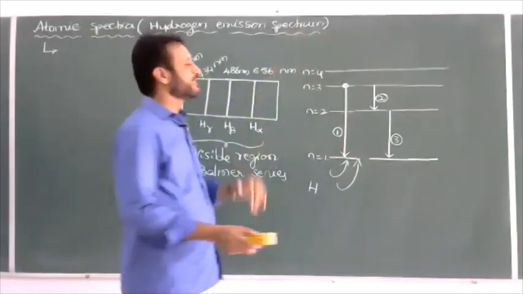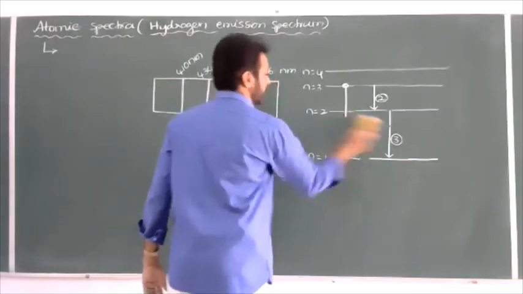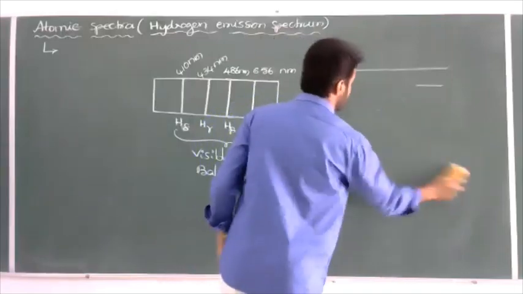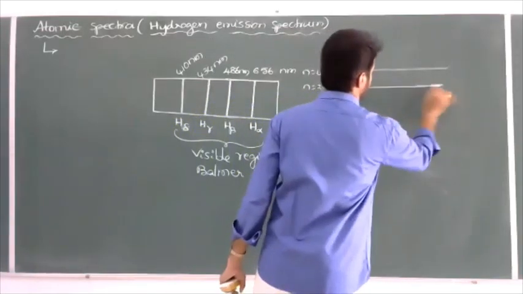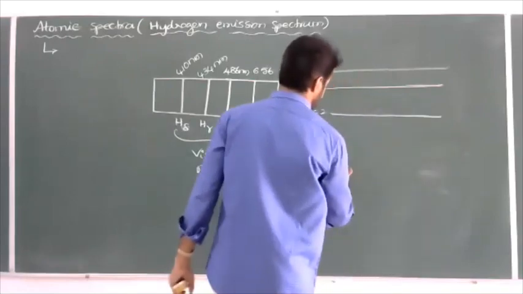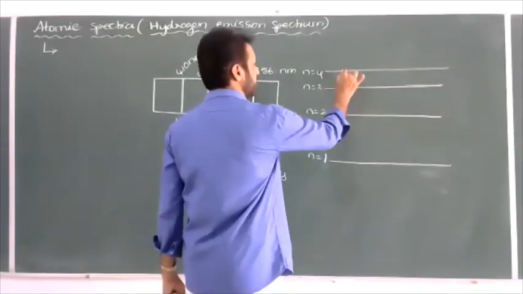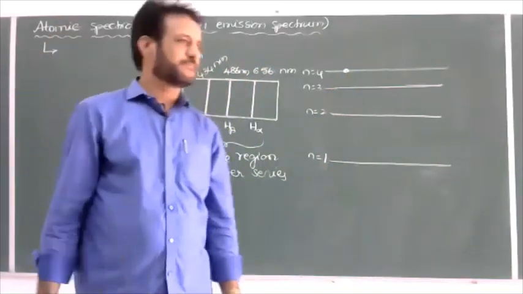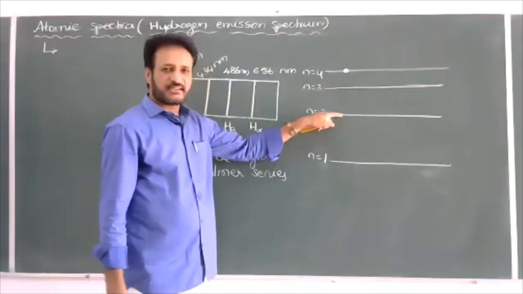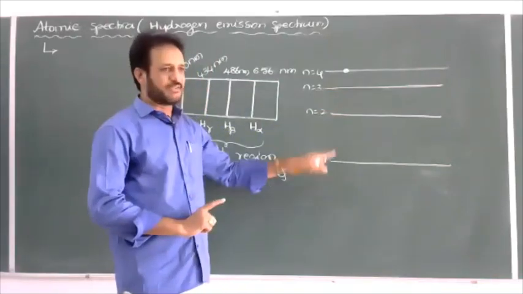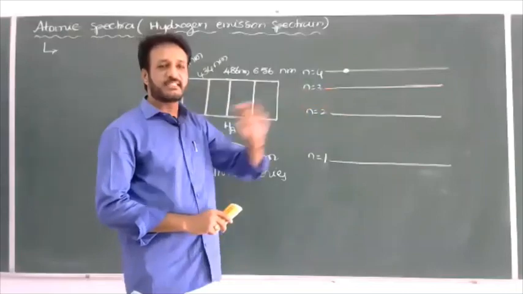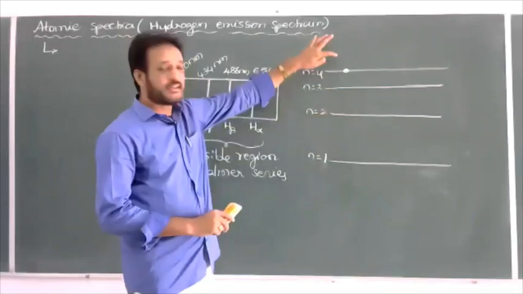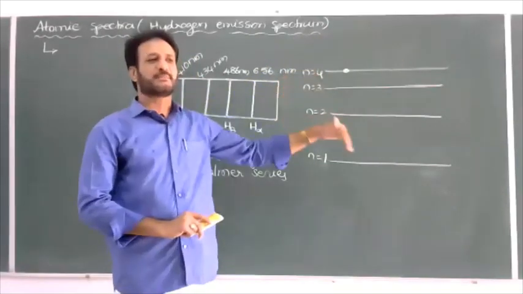While returning back, how many spectral lines are possible? At the time of de-excitation of the electron from the fourth to first orbit, how many spectral lines are possible? This type of important question may be asked. So the electron jumps from the first to fourth orbit, but in how many ways may it return back to the first orbit? When the electron is in the second orbit, only one possibility, directly second to first. When the electron is in the third orbit, 3 spectral lines: directly third to first, third to second, second to first. But when the electron is in the fourth orbit, how many spectral lines are possible?